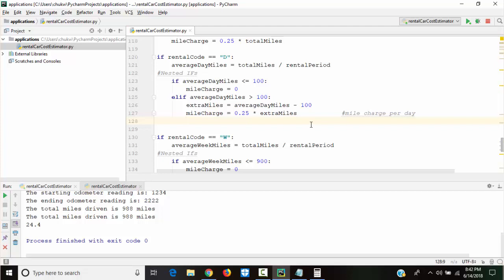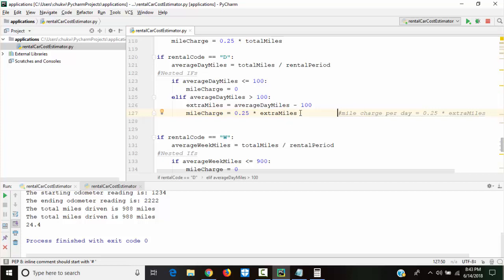If we want the mile charge for the entire rental period, it will be 0.25 times the extraMiles times the rental period. So I'm gonna put here mile charge per day is 0.25 times extraMiles. As you write all these comments, it's easy for somebody looking at your code to grasp it.